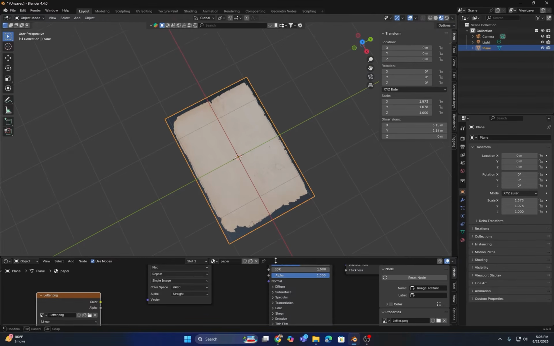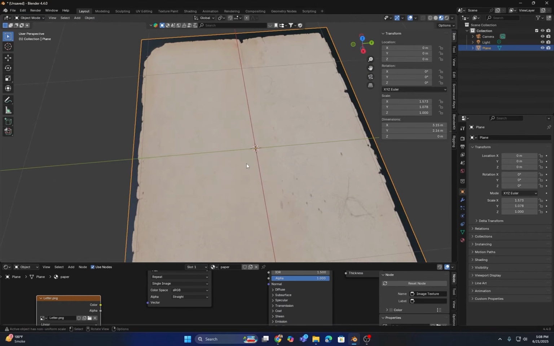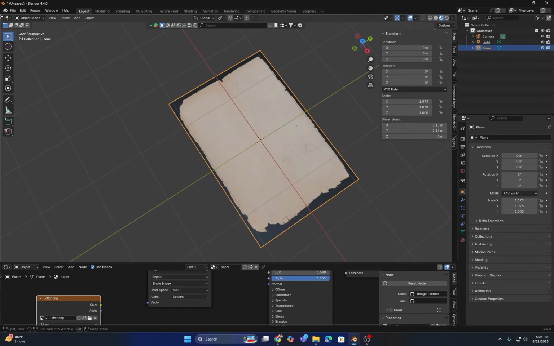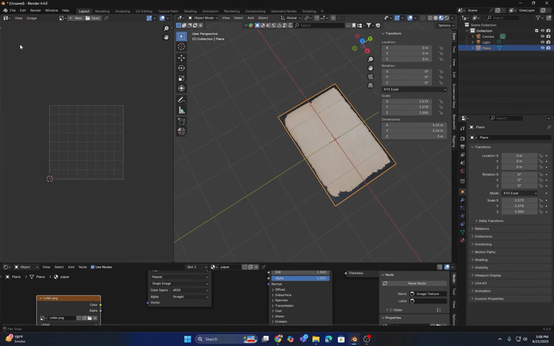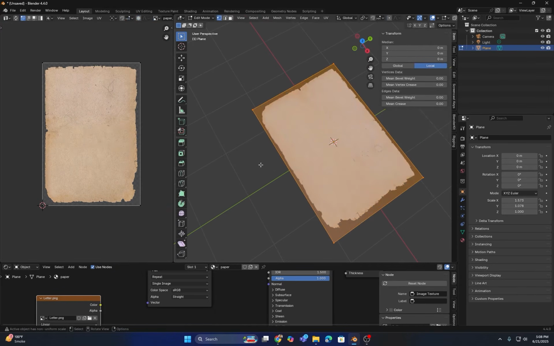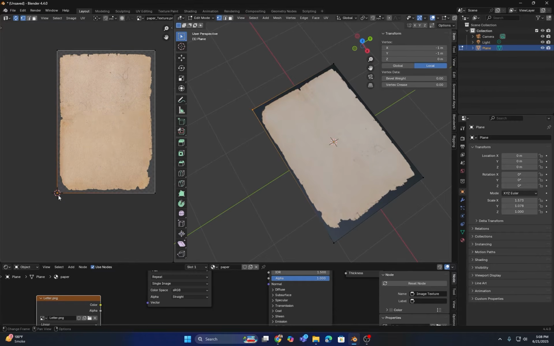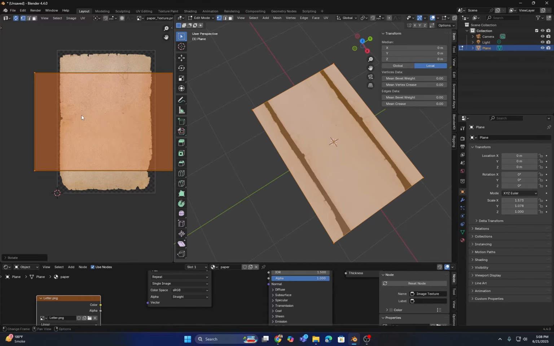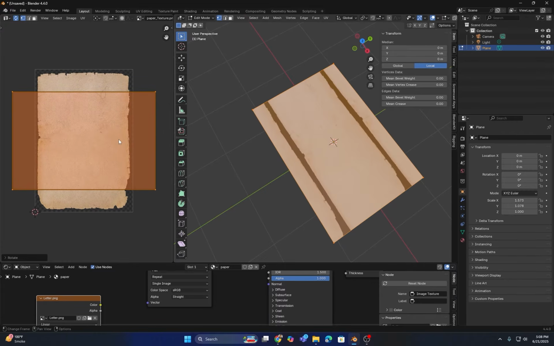However, to check whether the object's UV is aligned correctly with the texture, I will open the side window and access the UV editor. I will set the paper texture in the image section. Now if I go into edit mode and select a vertex, I can see which vertex is selected in the viewport. If the wrong vertex is selected, it means the UV layout is not correct and needs to be rotated. So I will select the entire UV island and rotate it 90 degrees and then adjust it to fit the texture properly.